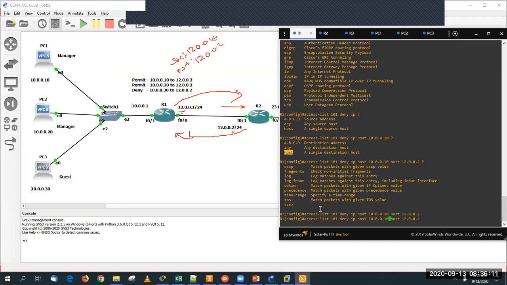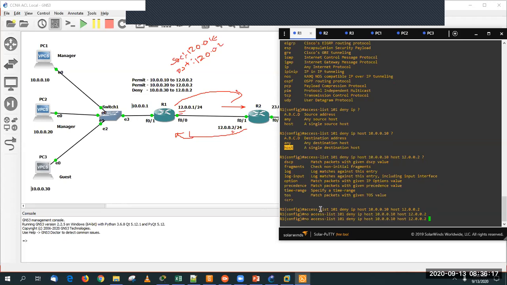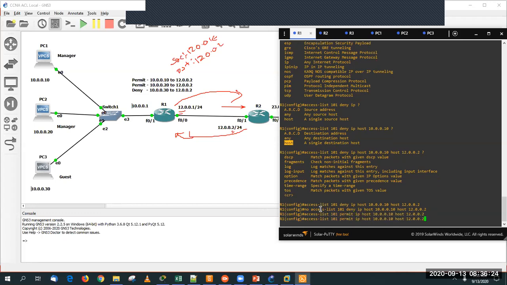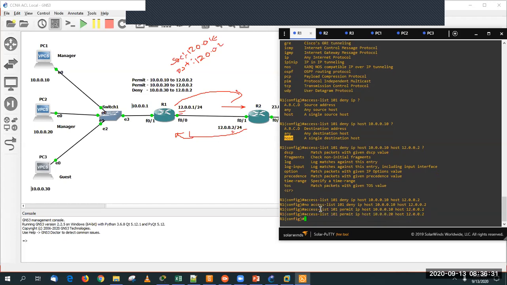Oh, I won't allow, right? I'm sorry, I forgot. So let me just remove this line. I'll use a permit keyword now. So you permit that IP 10.0.0.10 to ping or reach 12.0.0.2. You permit 10.0.0.20 to reach 12.0.0.2, but you deny 10.0.0.30 to reach 12.0.0.2.